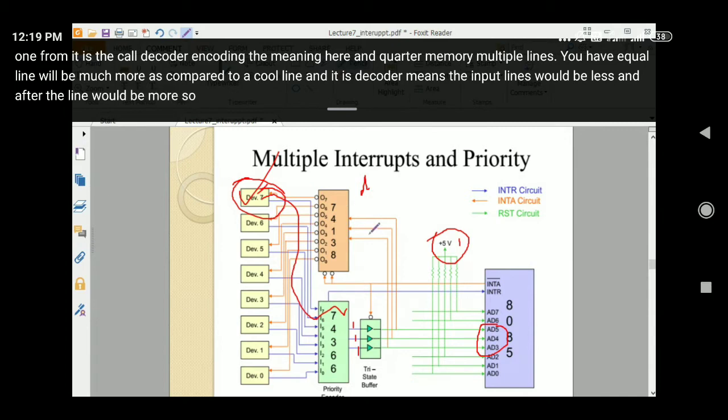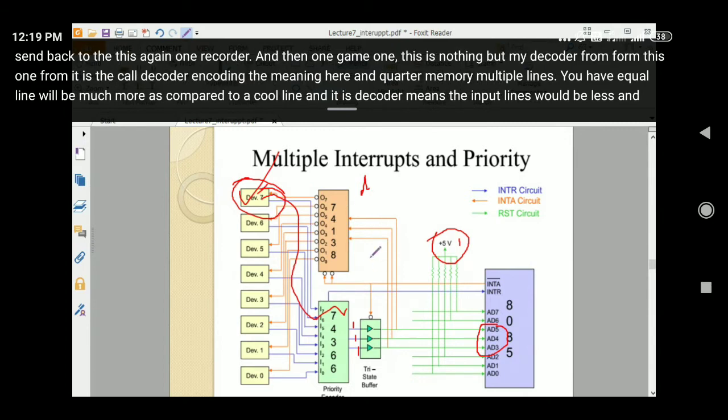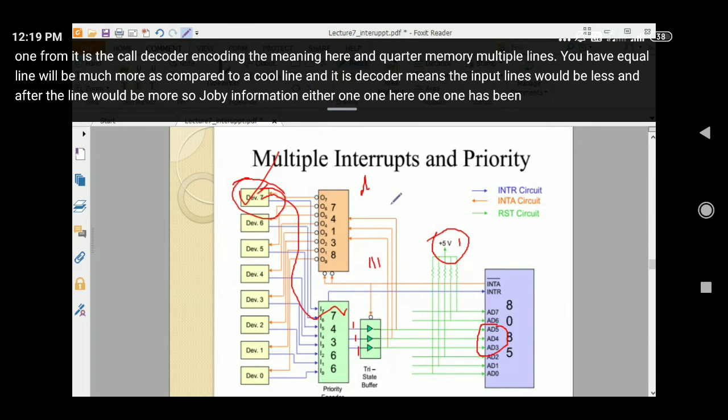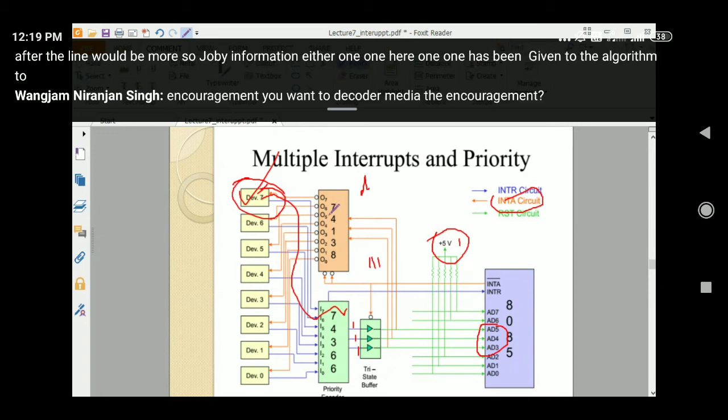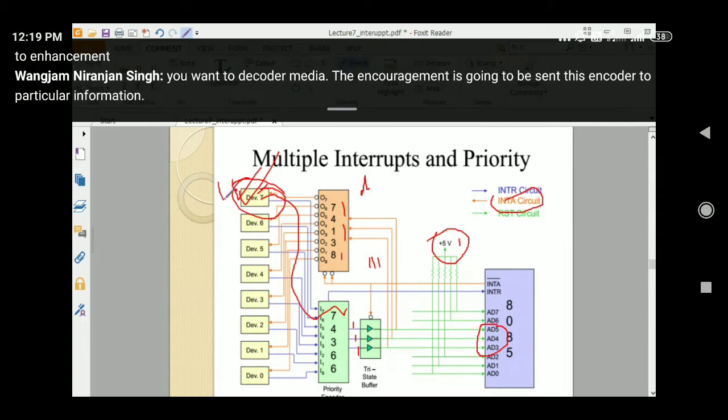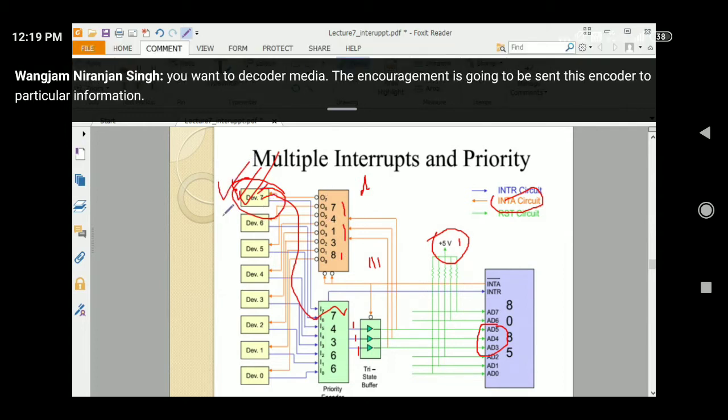So जो भी information इधर 11 है, 11 has been given to the acknowledgement. So acknowledgement ये वाला decoder में दिया, तो acknowledgement क्या करेगा? वो ये वाला 111 information is going to be sent to this encoder, तो particular information से पता चलेगा ये वाला first वाला enable. So next जो enable करना चाहता है वो enable करेगा, because the microprocessor will understand that already